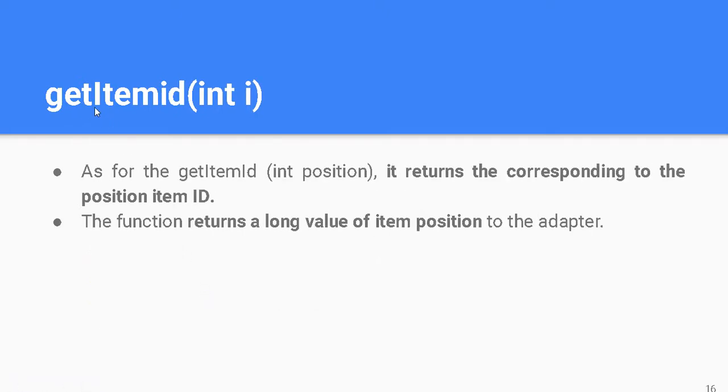Another method is called getItemId. Please consider the ID. If you want to get the ID of a particular item, you can use this method, where the parameter is position. When you pass the position parameter in this method, it will return a long value for the particular position. Whatever position you enter, it will be returned in the form of a long, and it may help for other purposes like the position of the value or the item ID of the value, and you can replace it with the existing one or a new one as per your requirement.